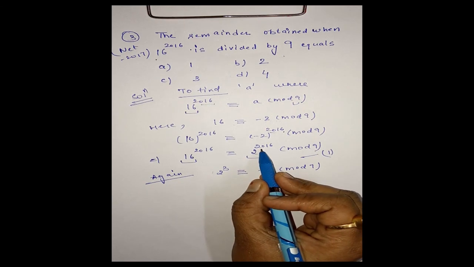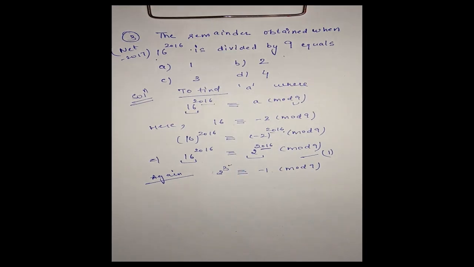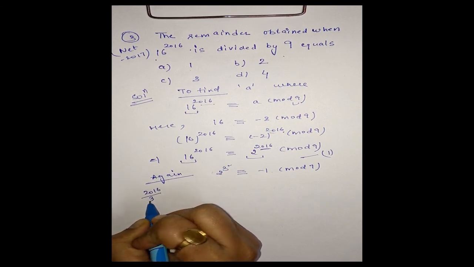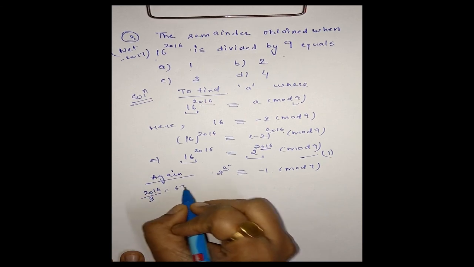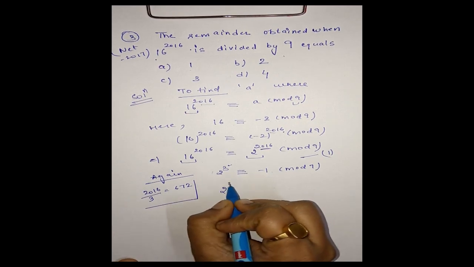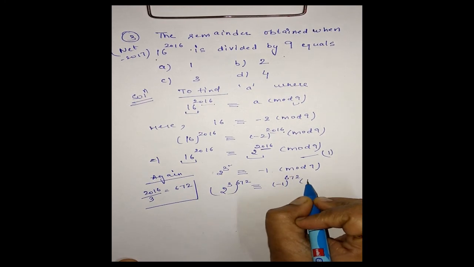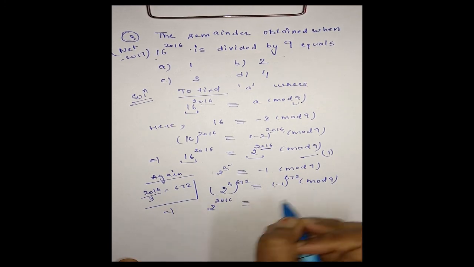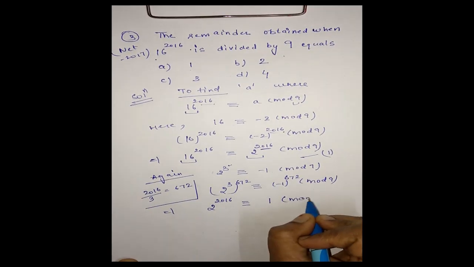Now we have to reach this power 2016, and we are here with 3. On dividing 2016 by 3, we get 672. Now if I take this power both sides, 2 cube power 672 is congruent to minus 1 power 672 modulo 9, and this will give us 2 power 2016 is congruent to, this is an even number, so this is congruent to 1 modulo 9.